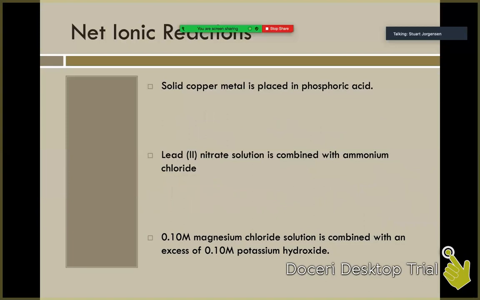Our last example here, we've got magnesium chloride solution combined with an excess of 0.1 molar potassium hydroxide. Good news, we do not care about the molarities right now. We're not doing that. We just want to know what reaction takes place. Magnesium chloride is going to be our MgCl2. They told us this was in solution. I'm reacting that with our potassium hydroxide,